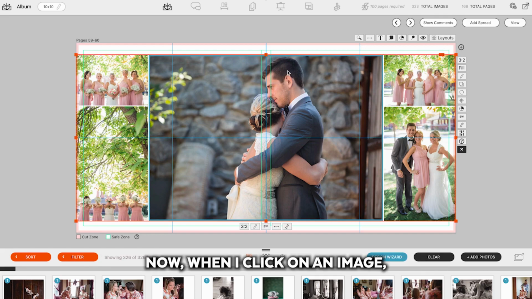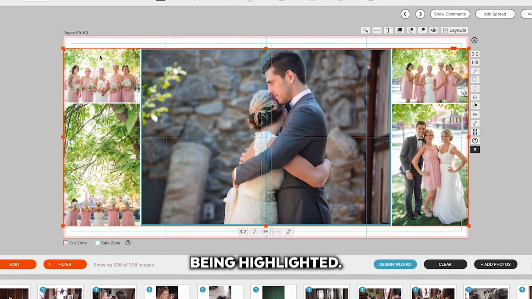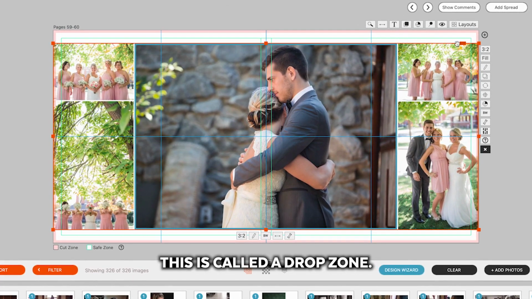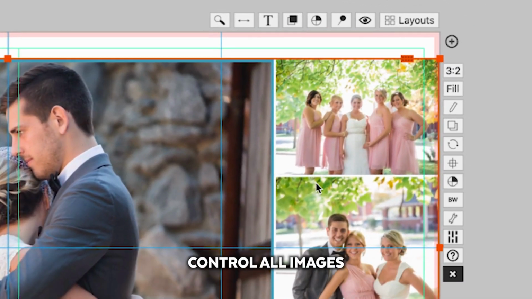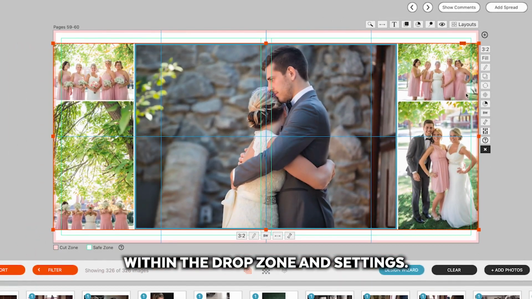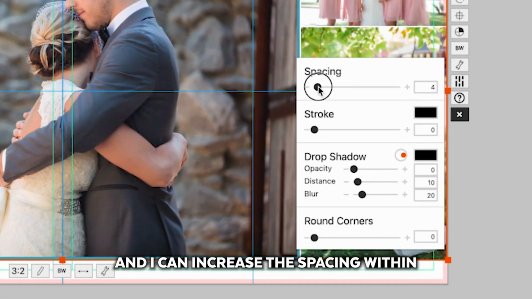Now, when I click on an image, you will see this big orange box being highlighted. This is called a drop zone. All of the controls on the right side of the drop zone control all images within the drop zone and settings. So for example, I can click this wrench icon and I can increase the spacing within just this drop